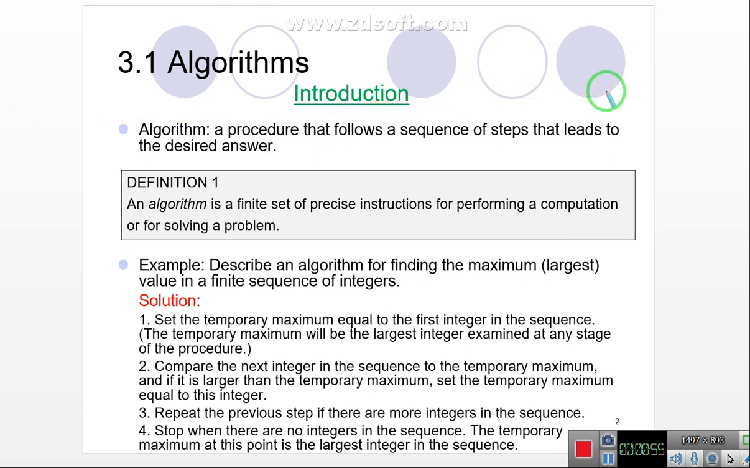Coming to the algorithm introduction, just keep in mind: an algorithm is a procedure that follows a sequence of steps that lead to a desired answer. What does it mean? Let's say you have the numbers 1 2 3 4 5 6 7 8 9 10. Among these 10 numbers, somebody tells you to find the number 9. So when you are going to find the number 9, you are going to do a stepwise process, and then you can get the number. So this is a kind of procedure,